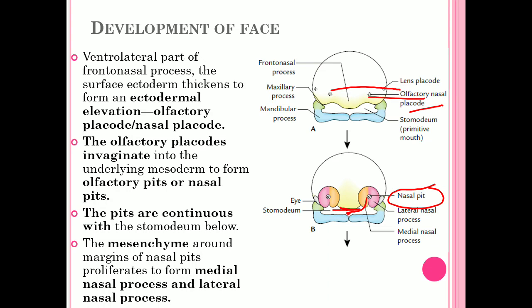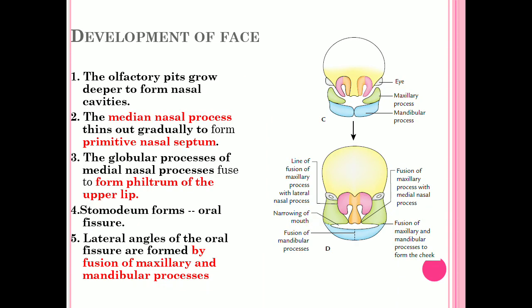Now on each side of the nasal pit you can see the elevations which are made up of mesodermal swellings. These are called as medial nasal process, and lateral one is called as lateral nasal process. So margins of this nasal pit are formed by mesodermal swellings that are called as medial and lateral nasal processes. Now this olfactory pit becomes deeper. In this diagram you can see olfactory pit has become deeper,